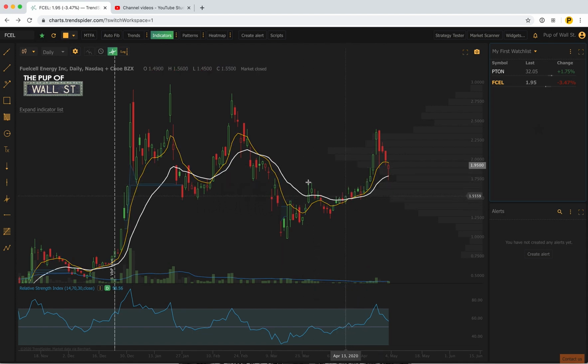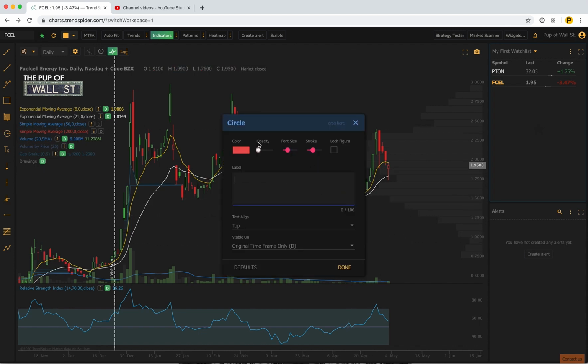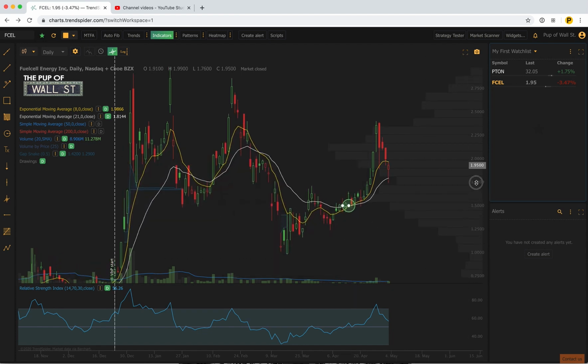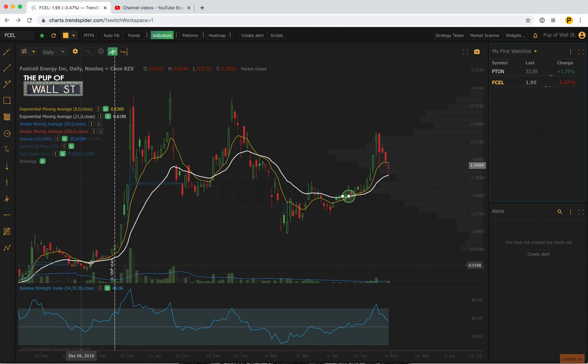Moving averages crossed over here. Again, I use the 8 and 21. Moving averages crossed over here. That actually could have been a buy signal for us right here. Moving averages crossed over here. Well, guess what? It could have been a buy signal. Where's the sell signal? If we know that for this particular stock, and we can go into this strategy tester,